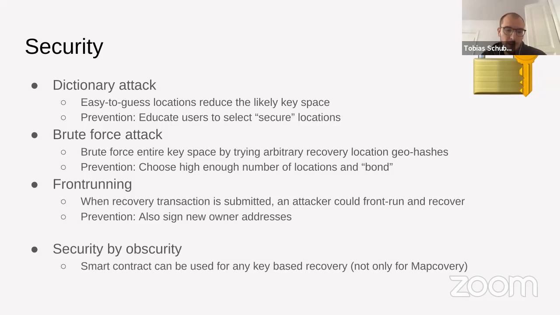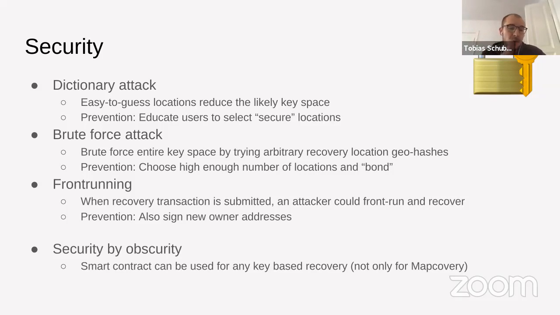And in the end, on a contract level, you can actually not detect if you use this in recovery or not, because we built the smart contract in a way that it's just expecting a signature from which an account can be derived, and it doesn't matter how the private key that produced that signature was created in the first place.